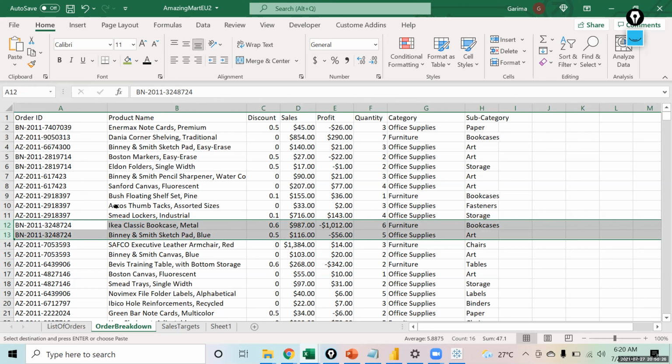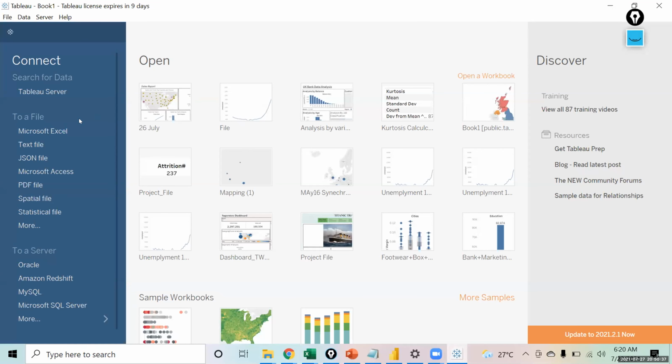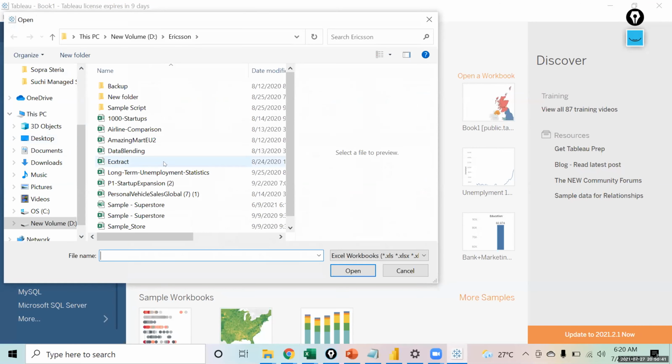The idea of showing you this file is so that we can discuss how you can create joins in Tableau. So open up Tableau, click on Microsoft Excel, and create a connection with this file, Amazing Mart.